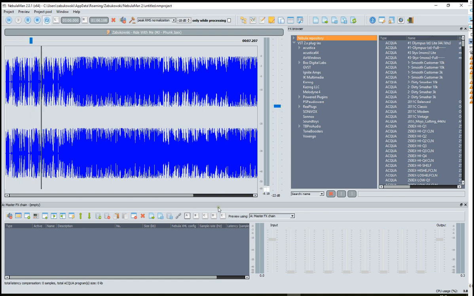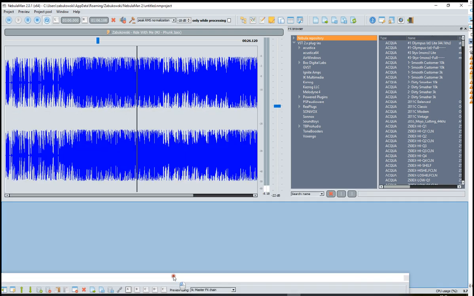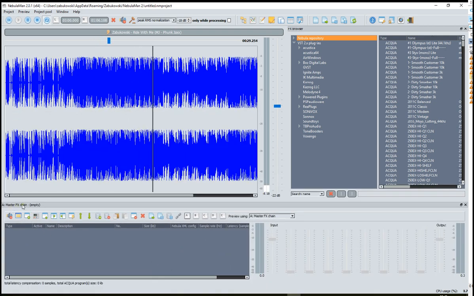Okay. Now, as you can imagine, the audio file is played from disk through the audio card sound driver to your speakers. So there is an important dock called the FX chain dock. Its purpose is to contain the actual plugins or presets which will be used when previewing. So we have here a lot of buttons, but the basic